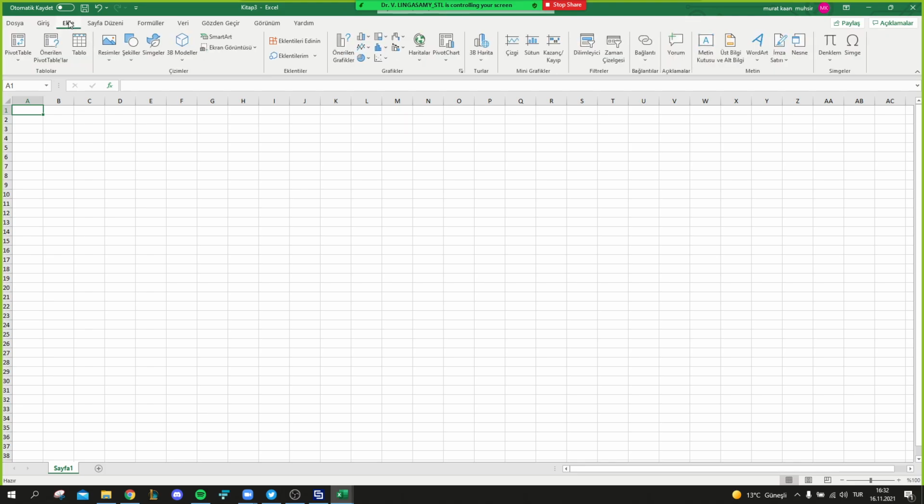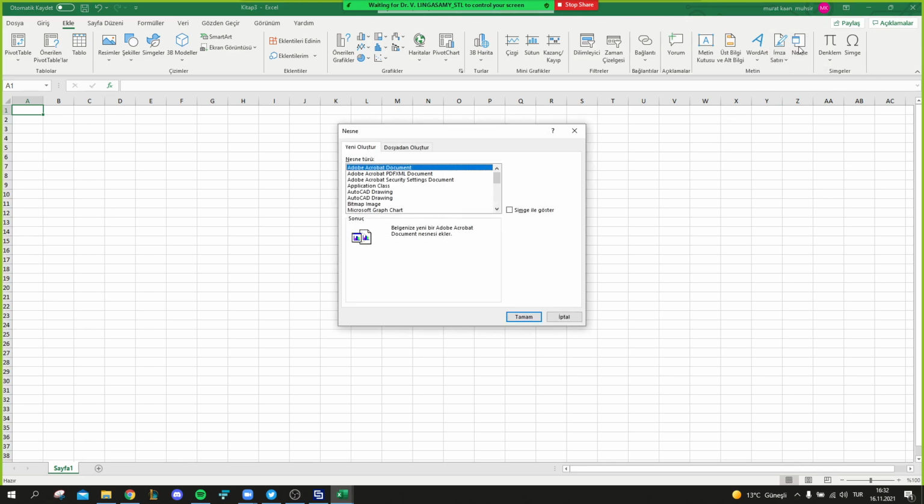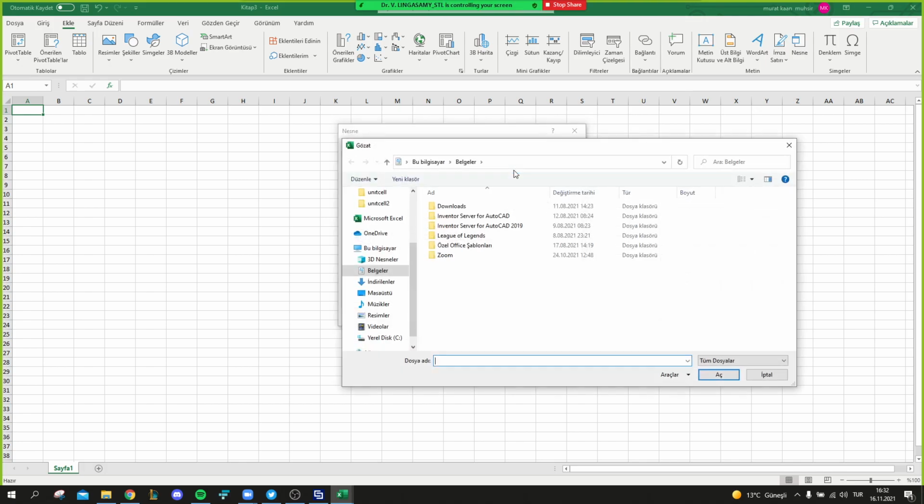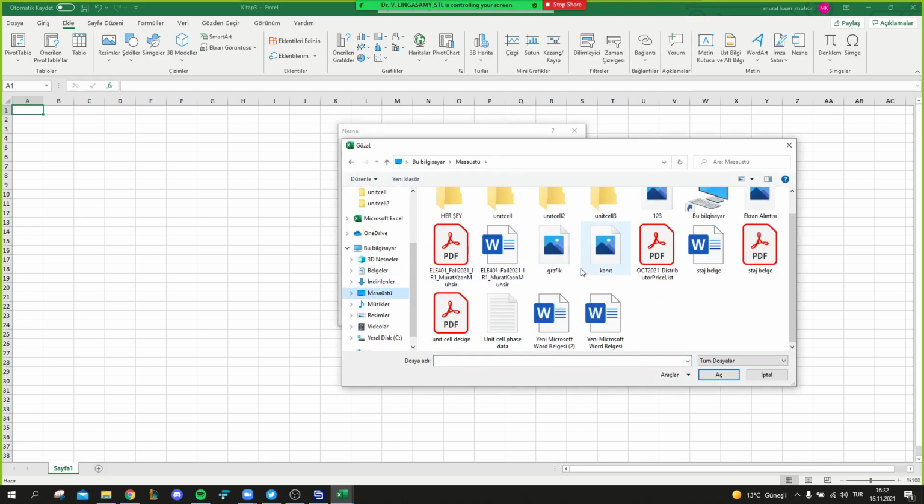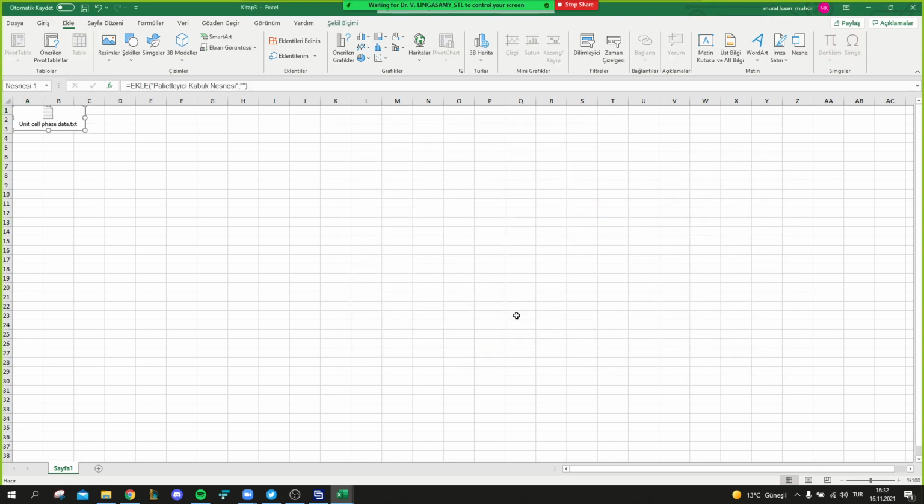Insert, then go to, where is that symbol? Object, where is that? This one, right? Object, here, the text file. Oh, okay. So this way it won't work. Okay, one minute, let me just tell you.